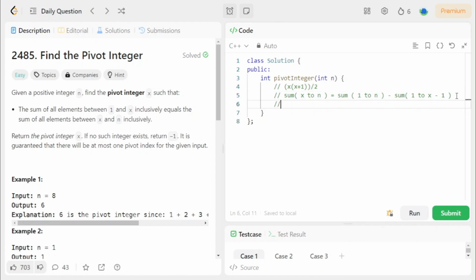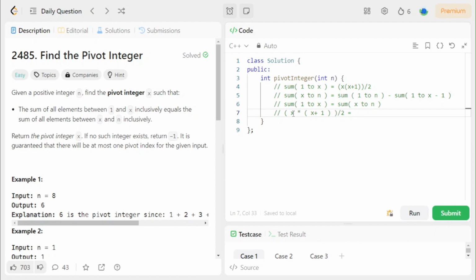So if we solve this mathematically, the pivot integer condition as per the definition is sum 1 to x equal to sum x to n. So what we'll do is equate them as per this condition. This is the arithmetic sum formula for 1 to x. This is just the normal AP sum formula, right? You can check it later in case you haven't seen it before. So sum 1 to x is x star x plus 1 by 2. Sum x to n, we can write as sum 1 to n minus sum 1 to x